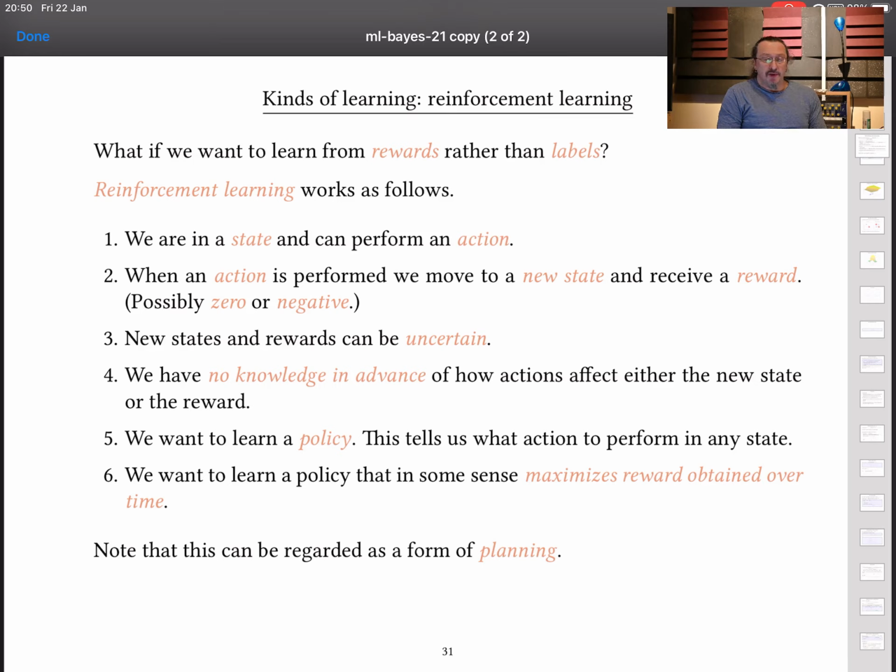in terms of being much more like intelligent search or planning. In this context, we go back to the idea of having states and actions, and of moving between states by applying actions. But we have an extra element now, which is that when we perform an action and move to a new state, we also get a reward, which can be negative. It can also be a punishment. Now, there can be probabilities associated with which state we get to when applying an action, and also what reward we get. And we have no knowledge in advance of how the world works. All we can do is try things out and see what states we get to and what rewards we accumulate.